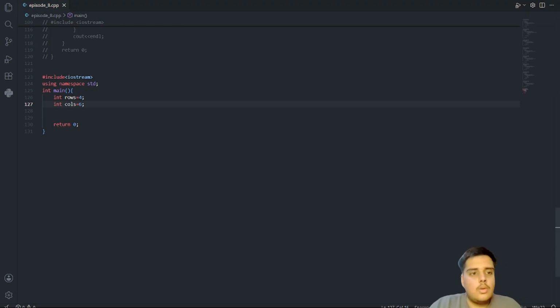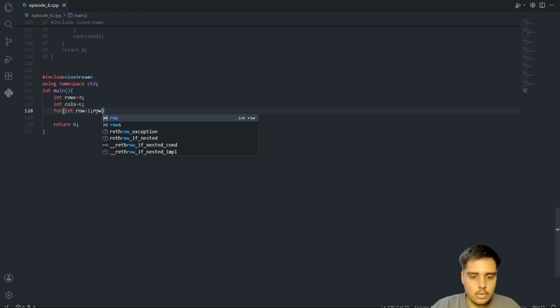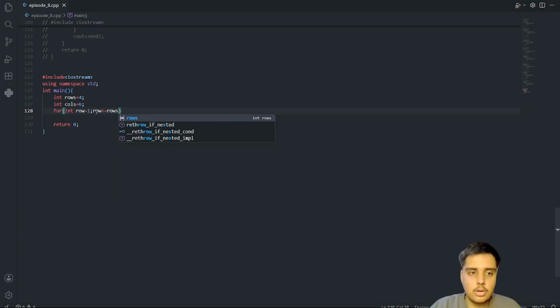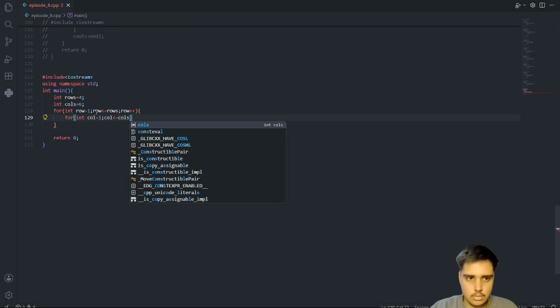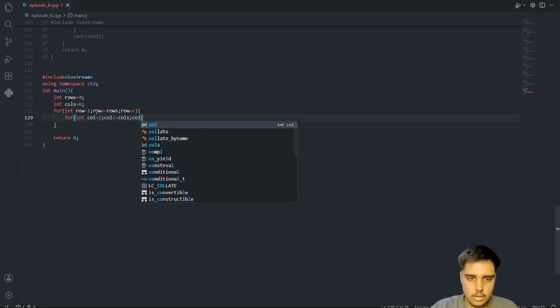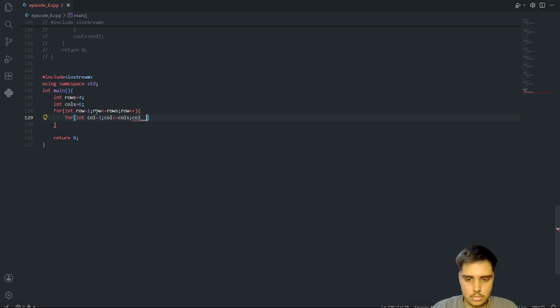So firstly I will take the first loop: for int row equal to 1, row is less than equal to rows, which means row is less than equal to 4, and row plus plus. And now for the column value, int col equal to 1, col less than equal to columns, col plus plus.